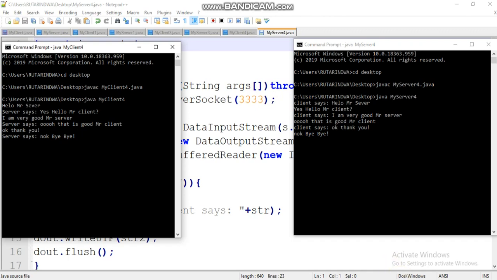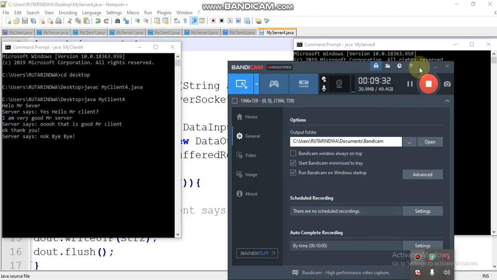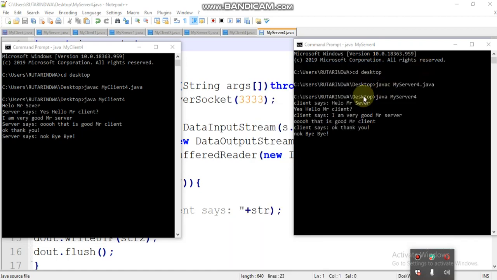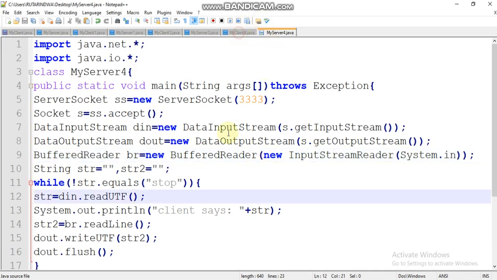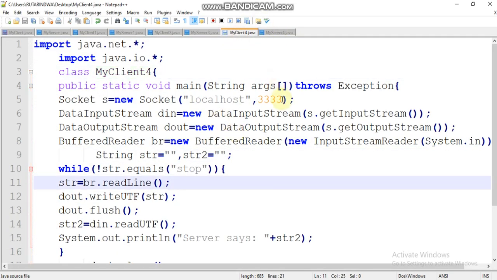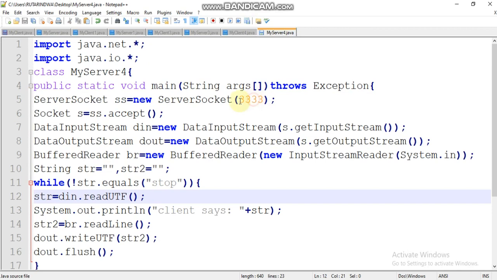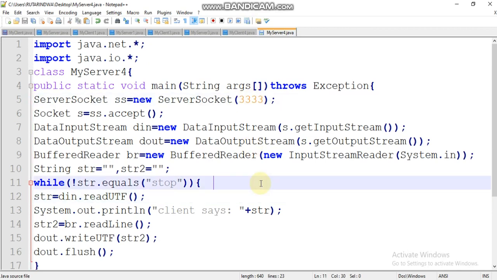If we did not create sockets, it means they can't communicate to one another. I want you to understand me here. This is the client side, the port number is 33. This is the server side, the port number is 333. They are the same. Now, we created a socket